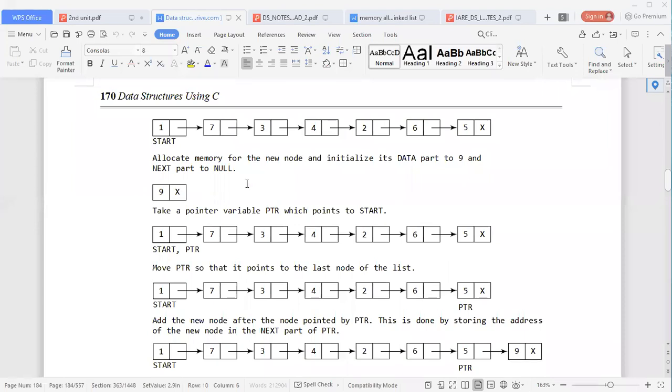We get a node from memory through the available list, add data 9 on it, and add null as the next address part. Now this node is prepared.